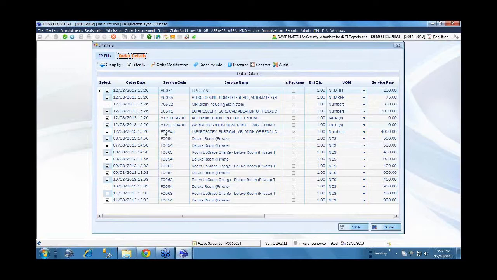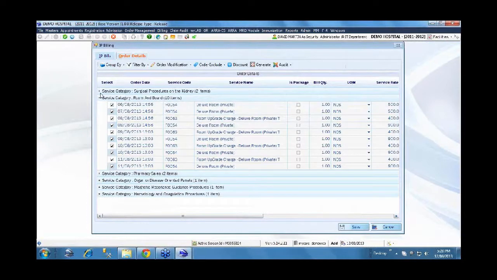Say for the first 3 months alone you want to generate a bill, and another bill for the next 3 months. That provision again is there. Here, since this is inpatient and considering the number of charges you may need to bill, you have the provision for grouping, filtering, and modifying the date or quantity for some of the orders if it's not keyed in properly by whoever captured the charges. So you can group and then view. So it's an easy, flexible provision, not to confuse with too many orders.